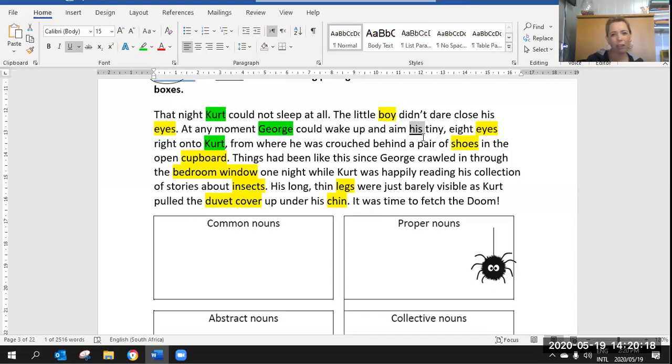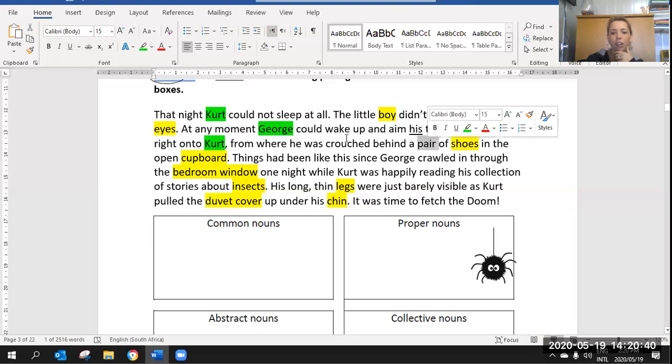But I think we have an exercise on pronouns a bit later in the module, if I'm not mistaken. So for those of you who noticed that "his" is also a type of noun, it is a pronoun, well done. But for the purposes of this exercise, if you didn't, don't worry about it. We'll get to it. All right, "his tiny eyes right onto Kurt, from where he was crouched behind a